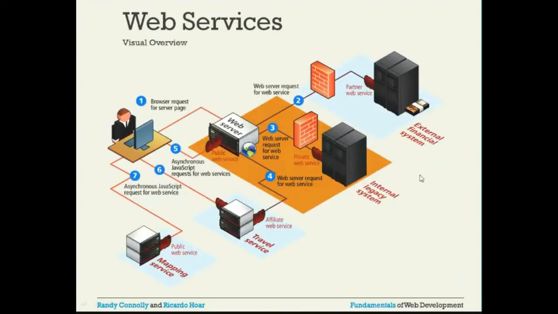This is the visual overview. You can see here a browser request for the server page. Then it goes to a web server request for web service. So it is coming here, a partner web service, some kind of information. This will be provided as a web service. Then here is another, an internal private web service. So this is a partner web service, and this one is a private web service. Web server request for the web service. So it is requesting this particular web server. And this is another request you can see, an affiliate web service. This is like some kind of travel service